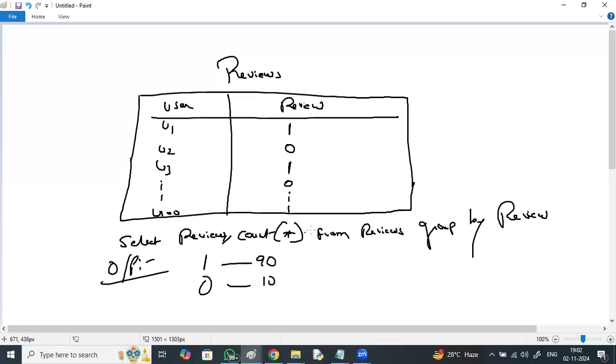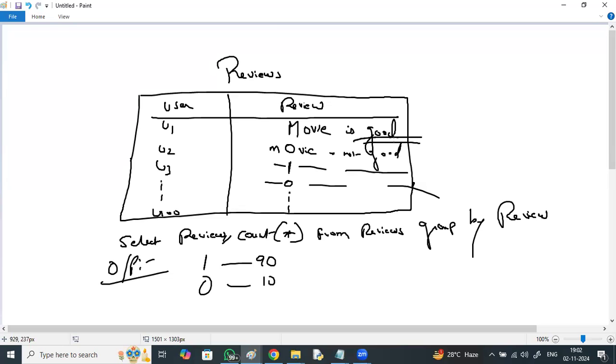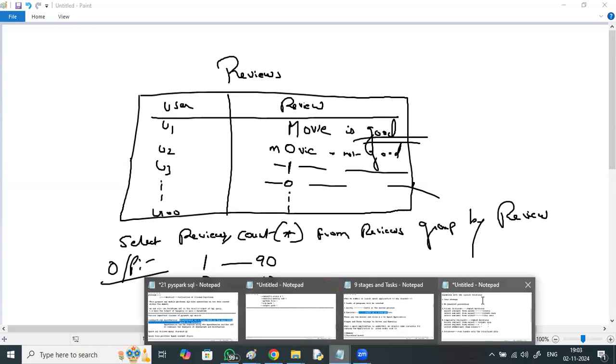So here we can write it, but reviews won't be given in the form of zeros and ones. They'll provide them in their own text format. The first person says the movie is good. The second person says the movie is not good. Now, can you write an SQL query to count the number of goods and not goods here? This kind of data can't be handled. Even if you try to find it using the keyword good, it gives wrong computation because not good has good in it. So these are the major drawbacks of databases.